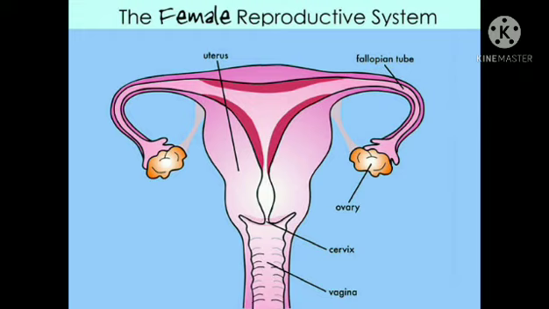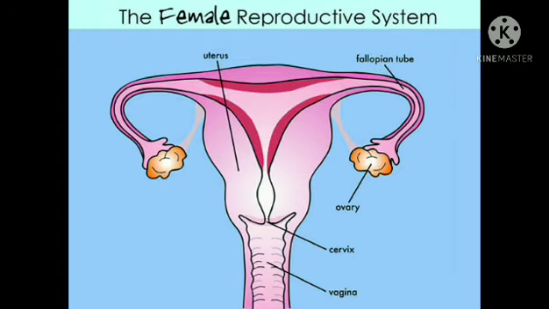Next, if we observe the uterus, it is a broad and muscular organ and it is pear shaped. And here the fertilized ovum develops into a baby. So the uterus is a broad muscular pear shaped chamber. Then the next one is the cervix. The lower narrow part of the uterus that enters the vagina is known as the cervix.